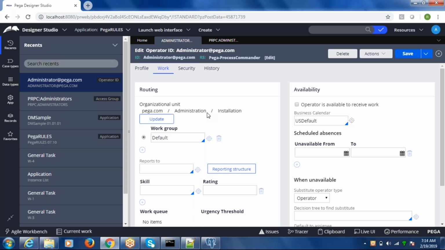It could be sales, HR, or operations. In that way, you might have multiple departments, and each department can be called a division. So we are classifying the entire organization, and you, as a user, are restricted to a specific division.